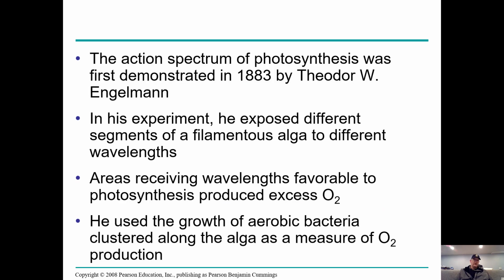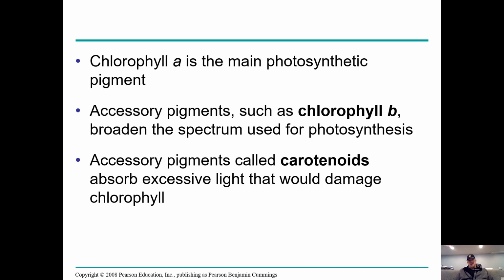And this is just a quick summary of that. Chlorophyll A is our main photosynthetic pigment, but we do have chlorophyll B and some other ones like the carotenoids and something called xanthophyll. You see the carotenoids and xanthophyll in leaves during the fall, because that's when chlorophyll A and B degrade, and then you're left with those other pigments. They're always there throughout the year, but then chlorophyll A and B degrade, and the leaves quote unquote change, but they only change because the green stuff goes away.